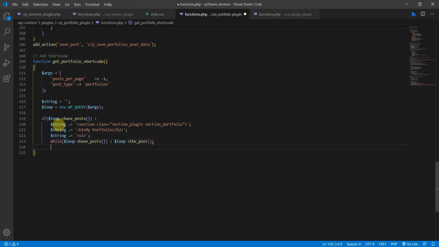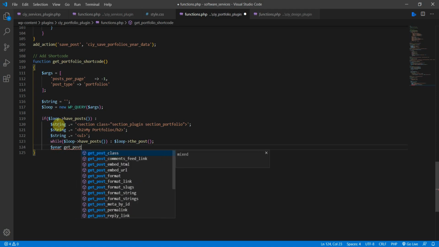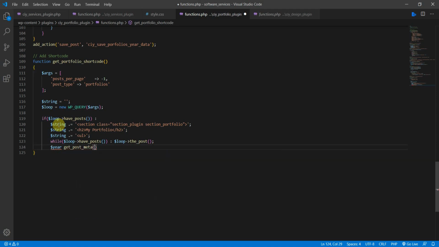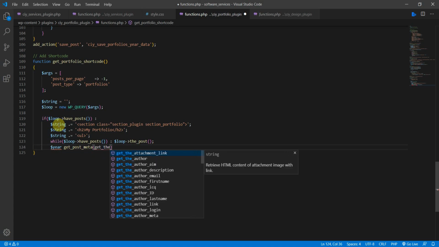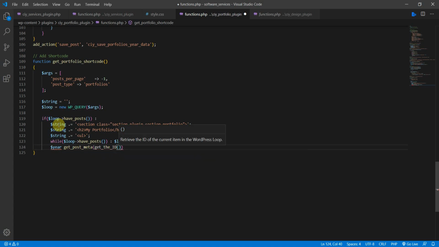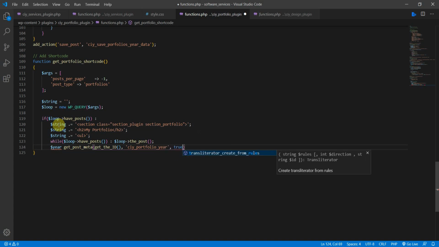Okay, nice. Now let's create another variable. Again, the same here, year, and we need to get post_meta. So in here we need to get the ID, and then let's call for the name of the input field. So CIY_portfolio_year, and then true, semicolon at the end. And next we need to create another